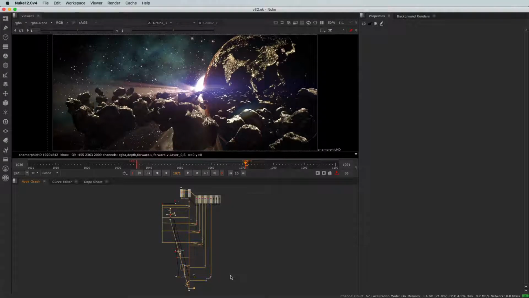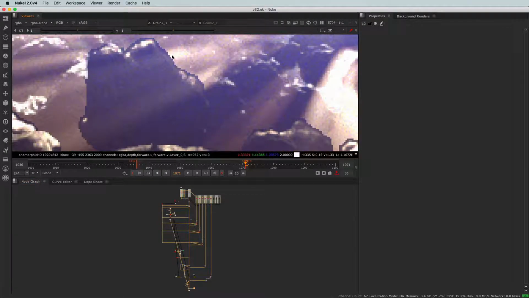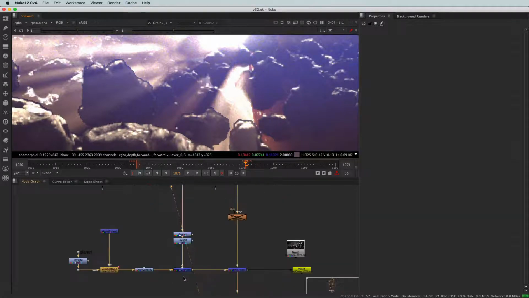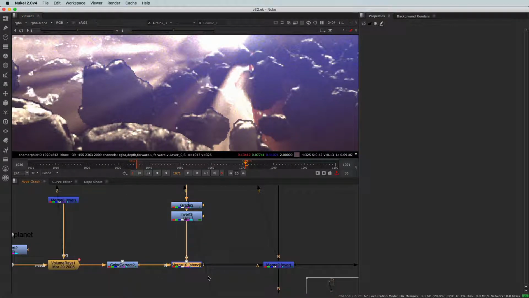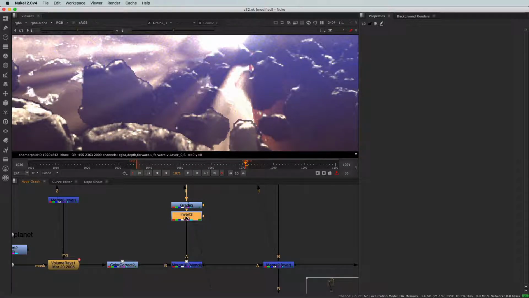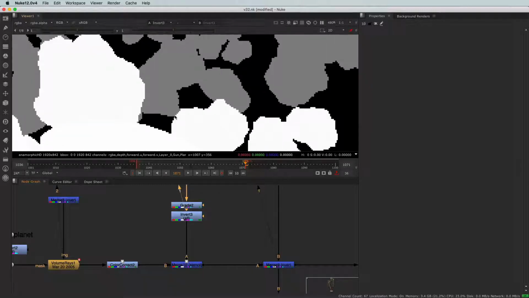In this video, I'd like to adjust a few details. The first detail I'd like to adjust is to fix that black line around the rocks here. That black line comes from the mask that we are applying to the volume rays, the mask that we are generating from the depth. As you can see, it's a little bit harsh, right? It's very, very strong. And I'd like to smooth that